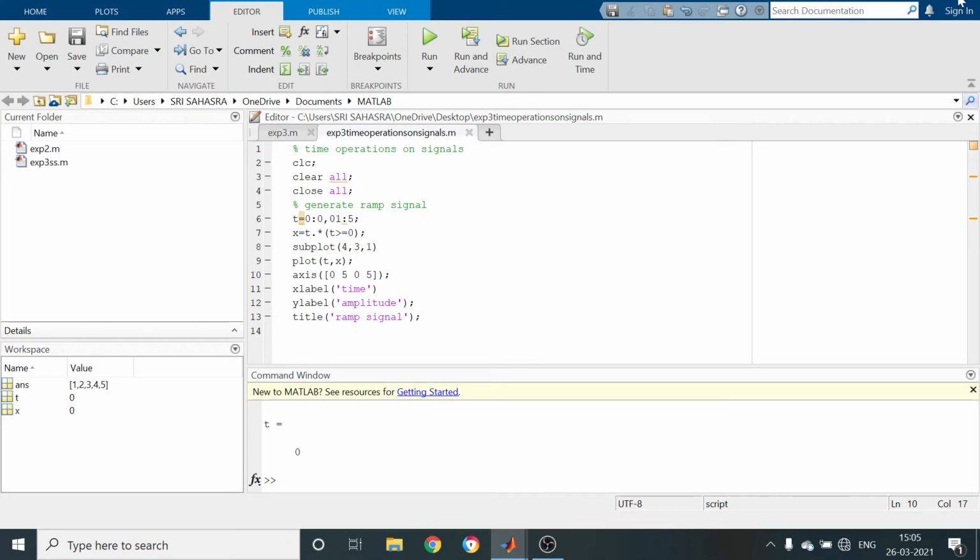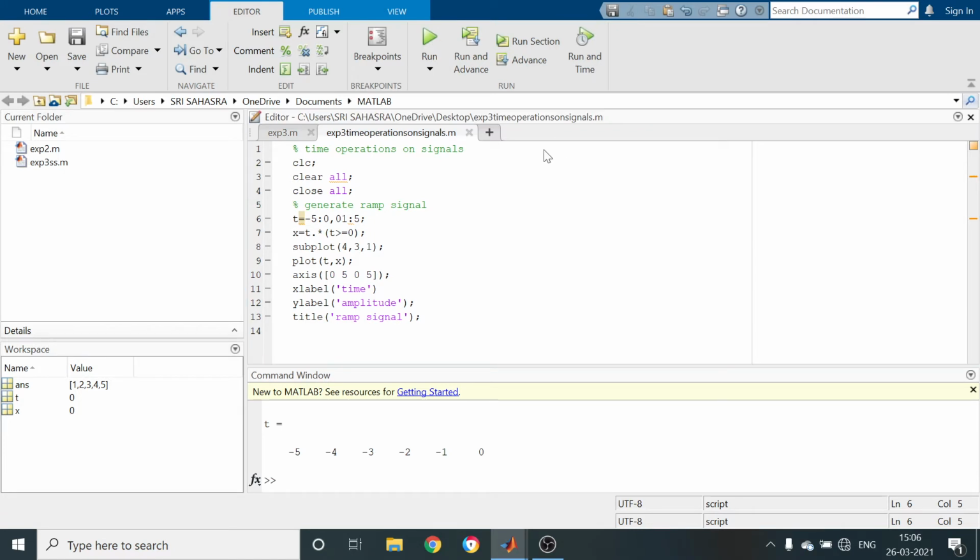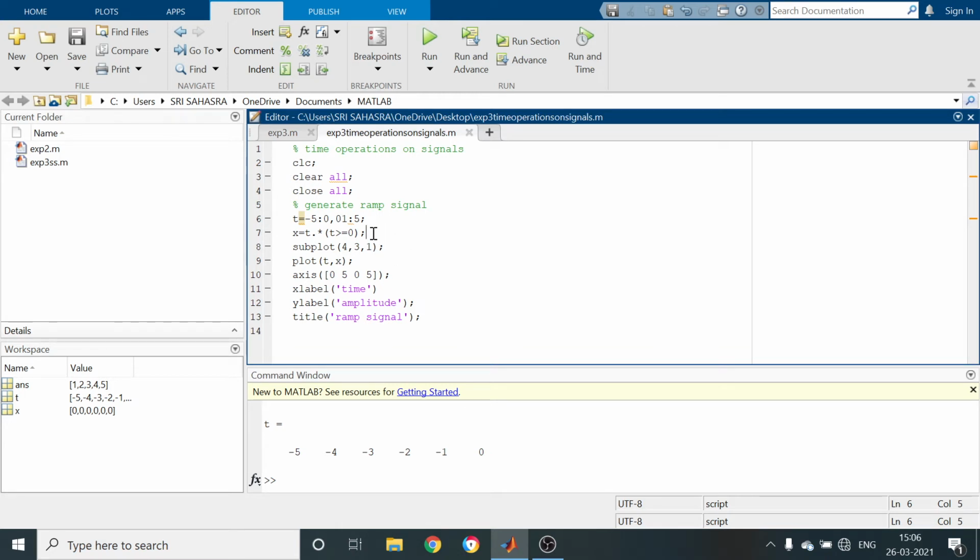So here we are getting x equal to minus 5 to 5. 0.01 here.